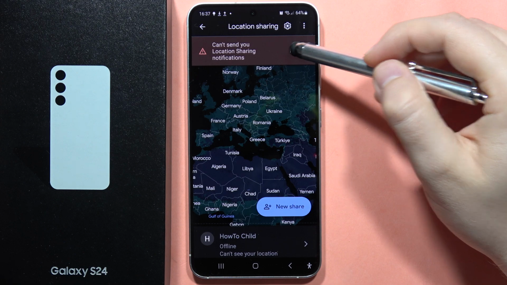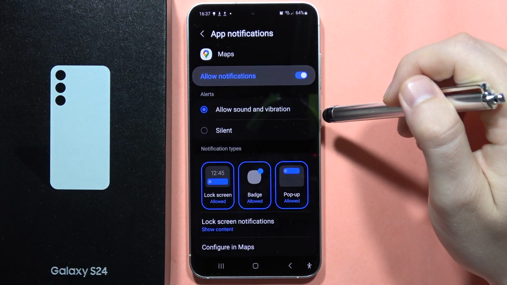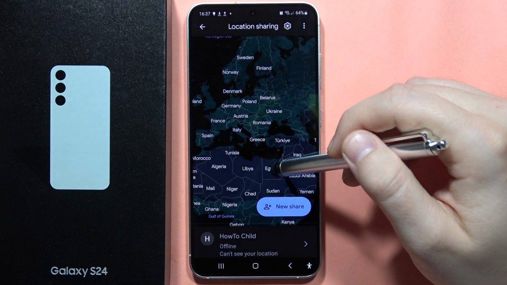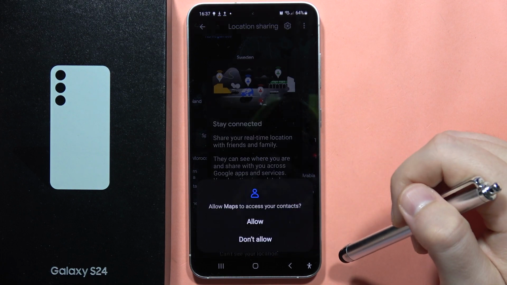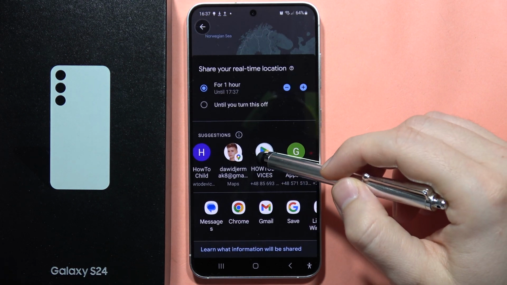Now, we have to click to fix if you have this location issue, click to go to the settings and simply allow these notifications, then just go back. And now you can click on the new share, accept the permissions, click continue, and now you can actually pick